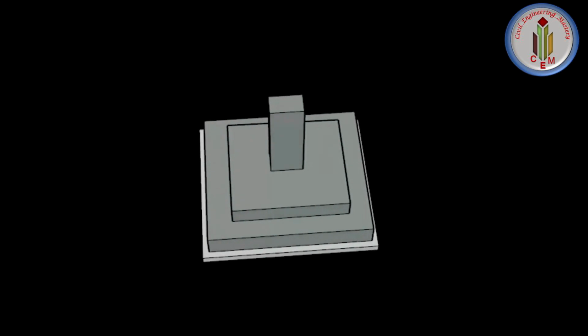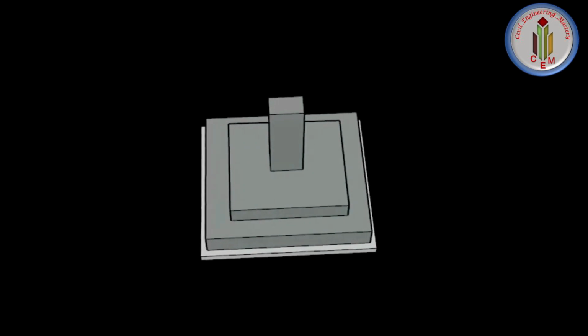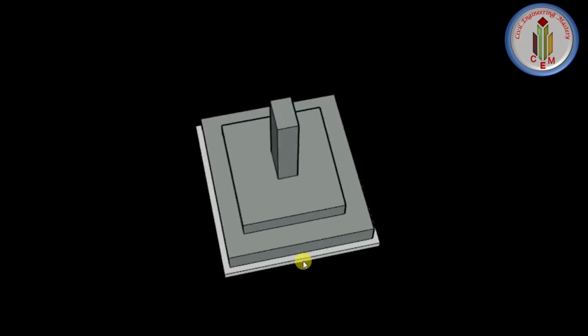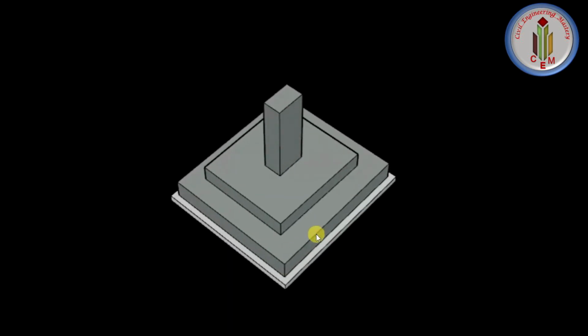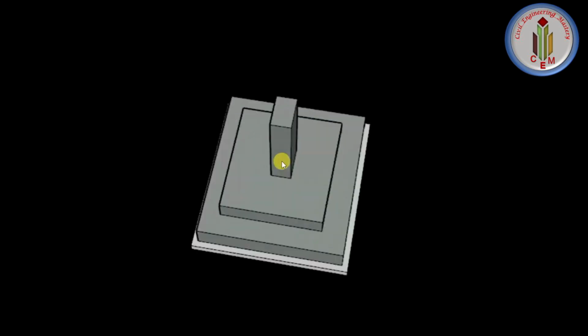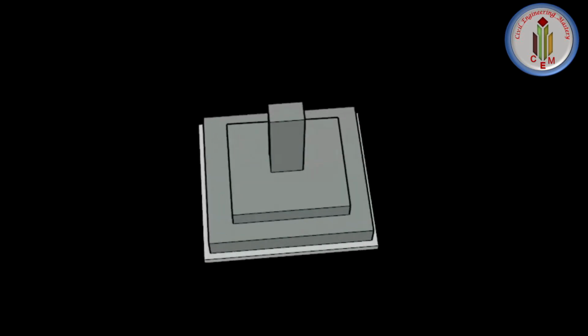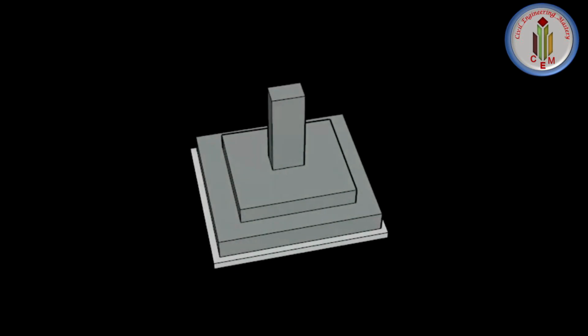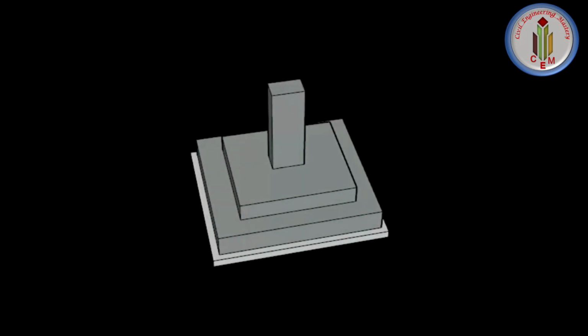more. Next, let's look into the stepped footing, which is also similar to sloped footing, but here there will not be any slope. Instead of that we'll be having steps here. The bottom is PCC, and then after that we have one step of footing, and after that again we have one step of footing, and we have a column. So this kind of footing is not used nowadays. In olden days we used this kind of footings.